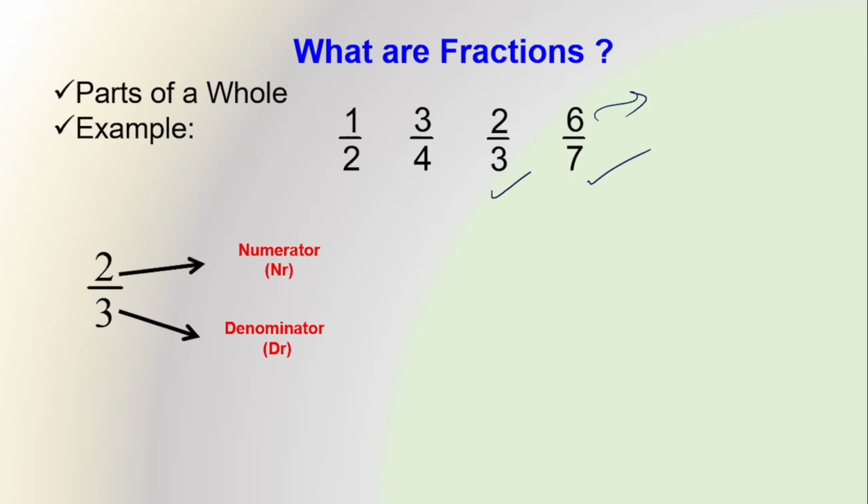Then 6 is called dash and 7 is called dash. Remember, here 6 is called the numerator, and 7 is called the denominator. The upper one we call the numerator, the lower one we call the denominator. Okay, now